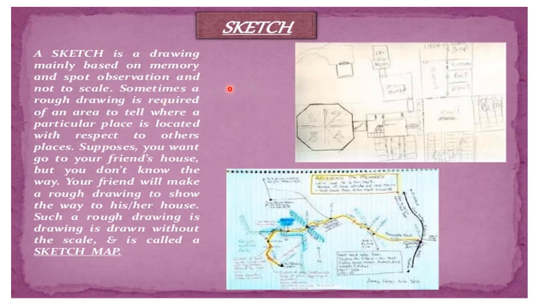Now this is the last part of this chapter, a sketch. A sketch is memory based. It's a rough drawing based on your memory. Suppose there's a new classmate in your class and you want that classmate to come to a place where you are meeting. He's new to the place you are living in, so if you want to help him, you can give him certain guidelines, like from your house you come to this place, and from there onward. So it's a sketch which is memory based and it is a rough drawing. You can help your friend come to your place or to your friend's place using this sketch.